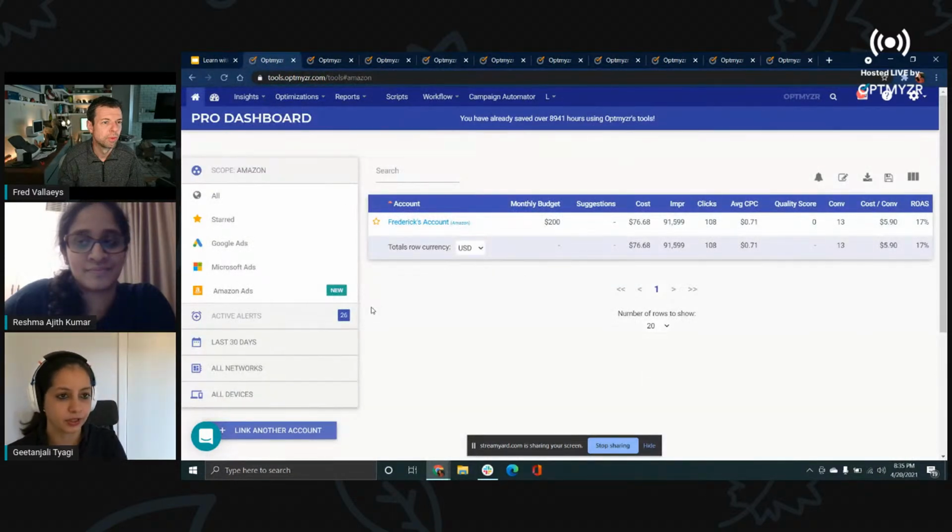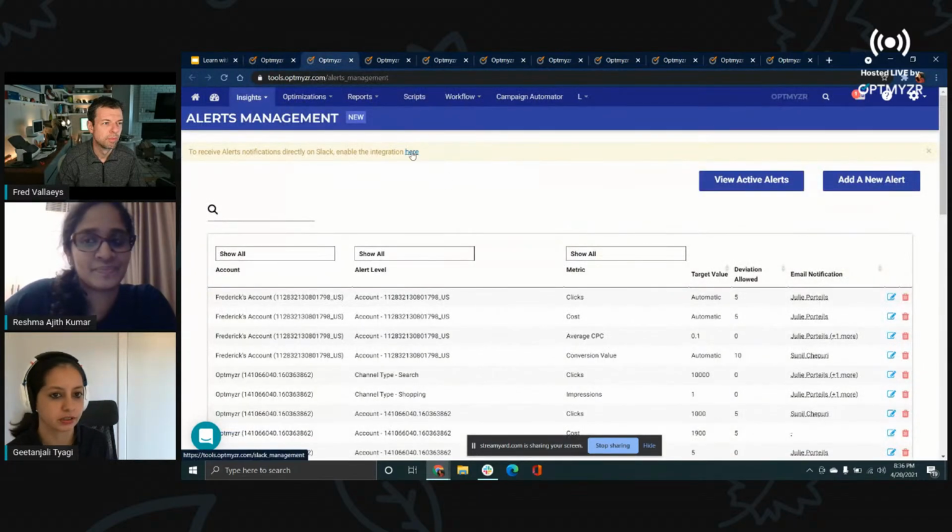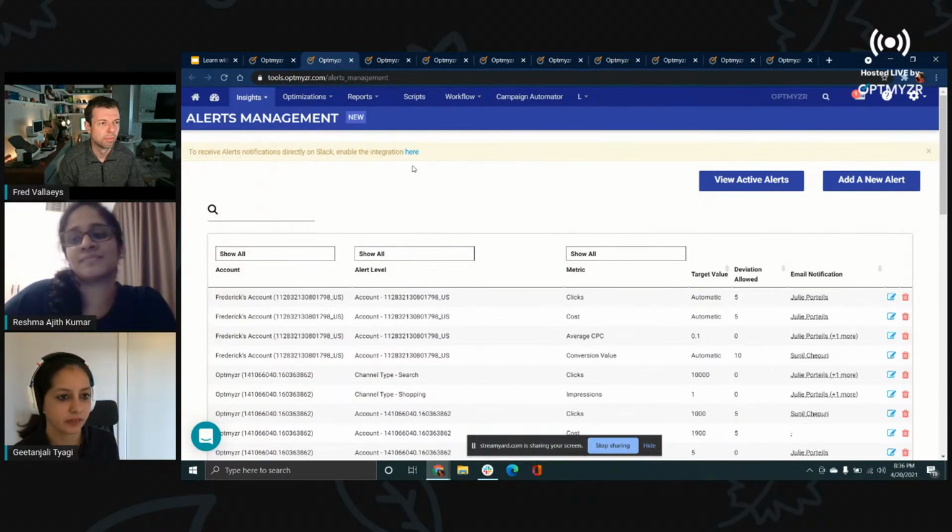The other thing I wanted to point out with alerts was you can also get the alerts for Amazon on your Slack channel, and you can also do a Zapier integration to get it in your other workflow channels. Like if you want to create a task for an alert that was generated for Amazon, you can do it in Asana or Basecamp or any of those channels. Right. And so again, the same functionality that we've seen for Google accounts.